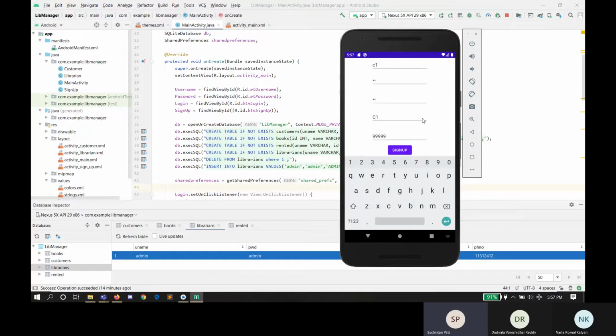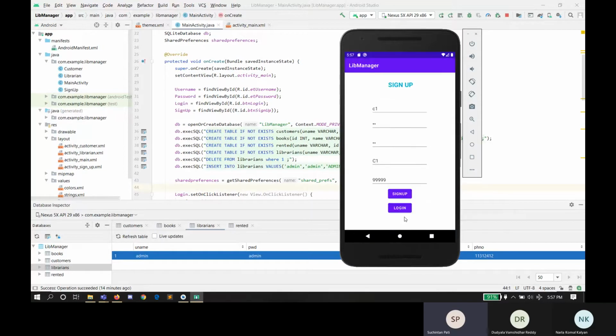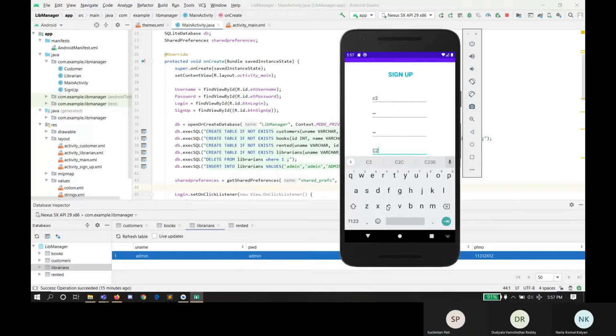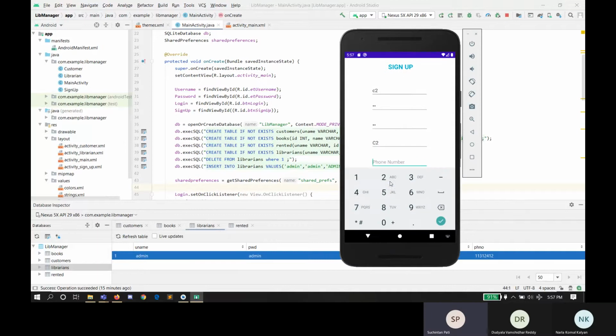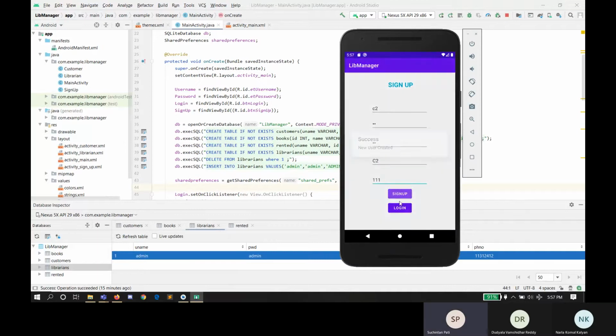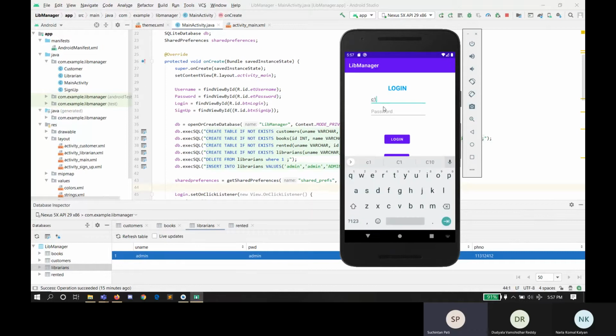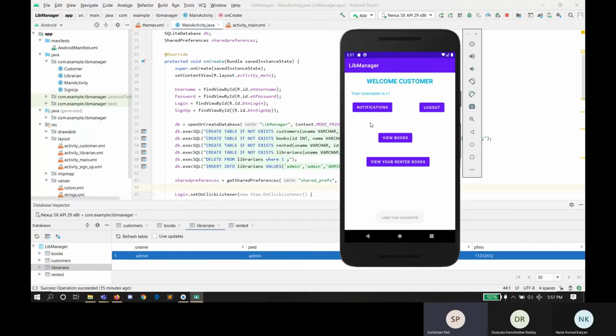It says new user successfully created. Right. So now he can log in. Actually, I want to create one more customer for this demo. Okay. So let me sign in through the first customer and see what all functionalities he can perform.